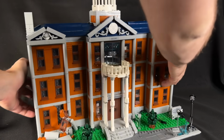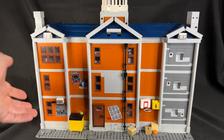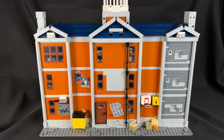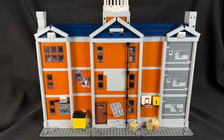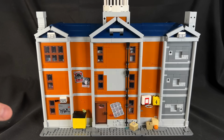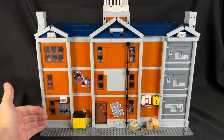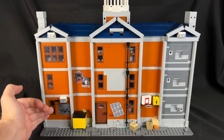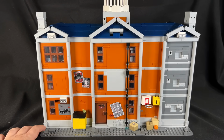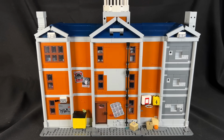Now, if you guys remember in my review of the official set, one of my biggest gripes was how much space, in my opinion, is wasted with this back alleyway. Because when we get to the inside, everything is so narrow that you can't hardly fit your hand in some areas. Now, having dumped out all the pieces and built what you saw here, I actually do think there are enough pieces, knock on wood, to be able to extend it all the way to the back, but it really only adds about 3 or 4 more studs of depth to the inside,